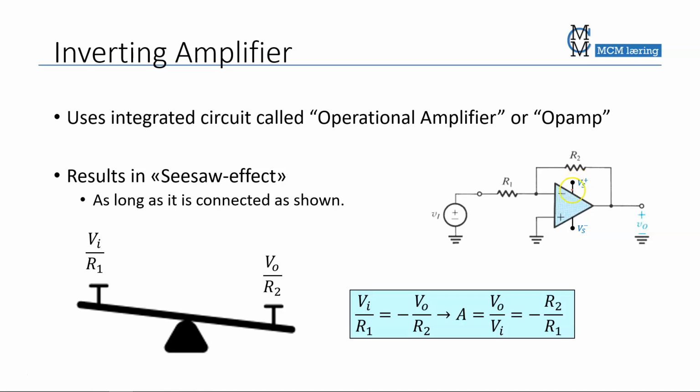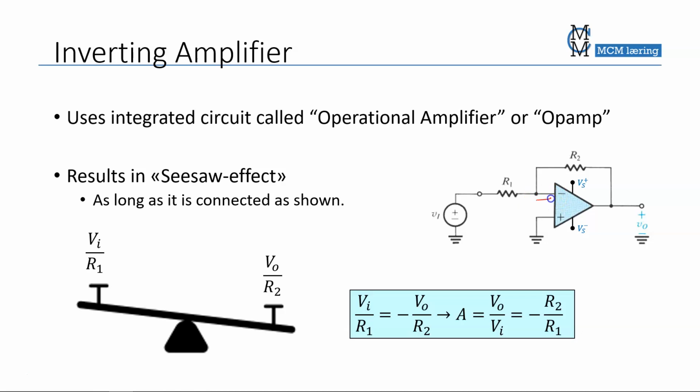What you have is the basic Opamp, the one we looked at in the previous film, and then you have two resistors connected to it, and then you have some kind of supply, which could be, for example, a microphone, and you connect that to whatever load you want to connect it to, for example, a speaker. What you get there is that you will,